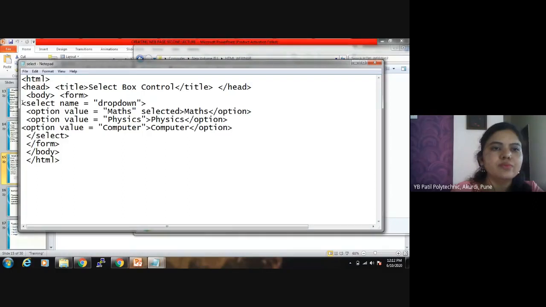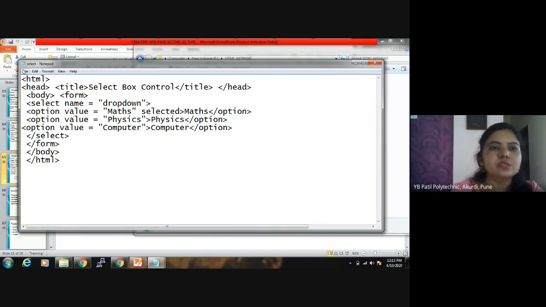Inside the form tag, we have to write this select tag, the name of the select tag. Then inside select, there should be the options which we want to display inside that list. Option value is equal to maths, option value is equal to physics, option value is equal to computer. And here we have to end the select, then end the form, then end the body, and at the end end the HTML.